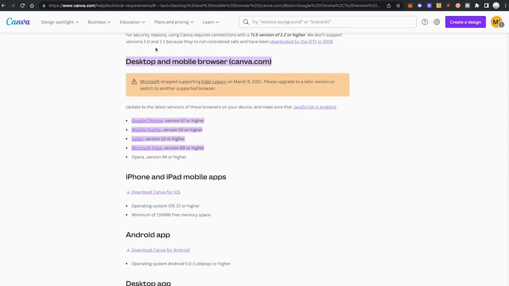Now, to troubleshoot whether your browser is your archenemy as far as downloading files and projects in Canva goes, it is highly suggested that you try to download your Canva projects in a different browser. So for example, as you're using Chrome, then try to download your projects in Firefox. If the download is successful in that alternative browser, you immediately know that your standard browser is the root of